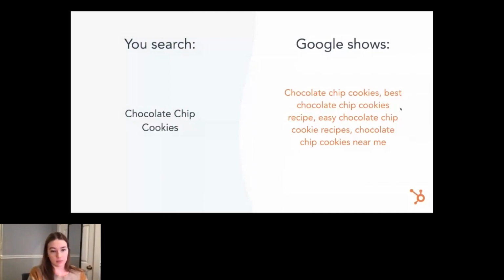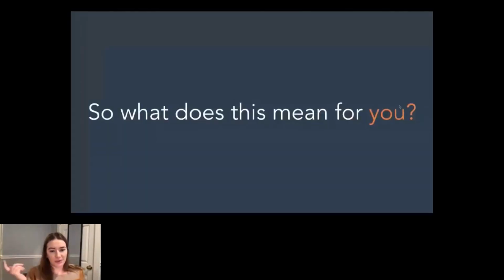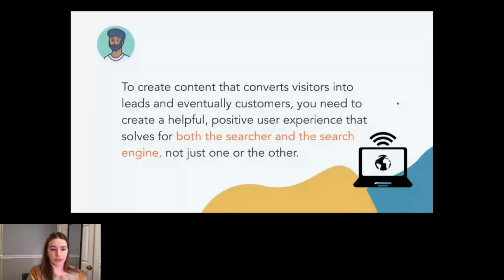So following these major algorithm updates and changes in user search behavior, you may be wondering, what does this mean for marketers like yourselves that are looking to attract organic traffic? What does this mean for me? And all of this change in Google and how it is recognizing our queries brings about opportunity for content marketers to be found, and more importantly, found by their ideal audience. That is a key facet to creating successful content in today's online environment.